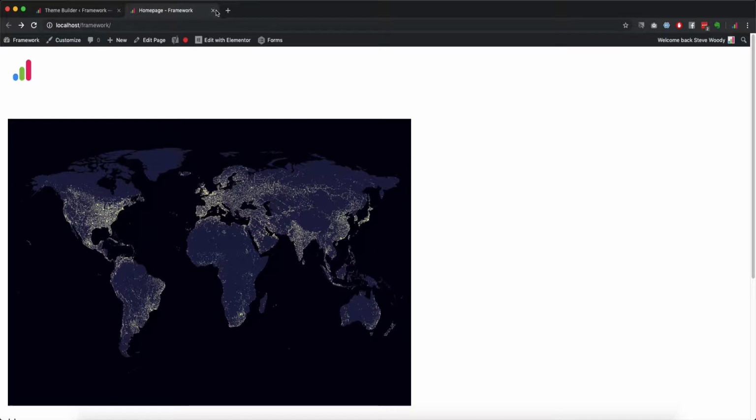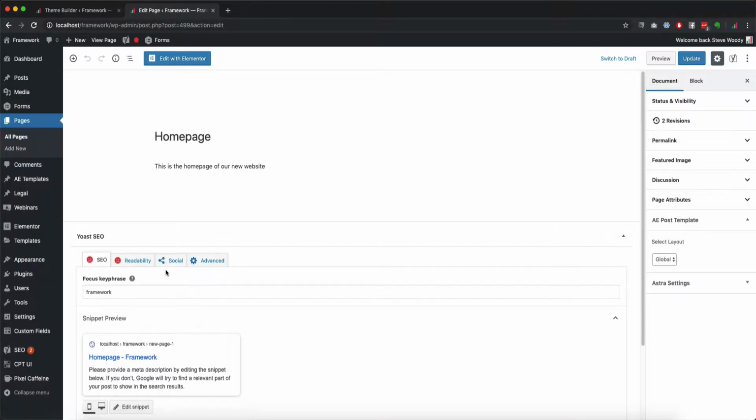But what I'm going to do now, and in fact, whilst we're here, just before we go into the theme builder, I'm just going to click here on the home page, and I'm going to edit this page. By clicking edit this page, I'm going to show you what this looks like on a current page. So we know that we have this ability to create text here, but if you wanted to create a layout with a lot more ability, then all we do is we click on this button at the top here